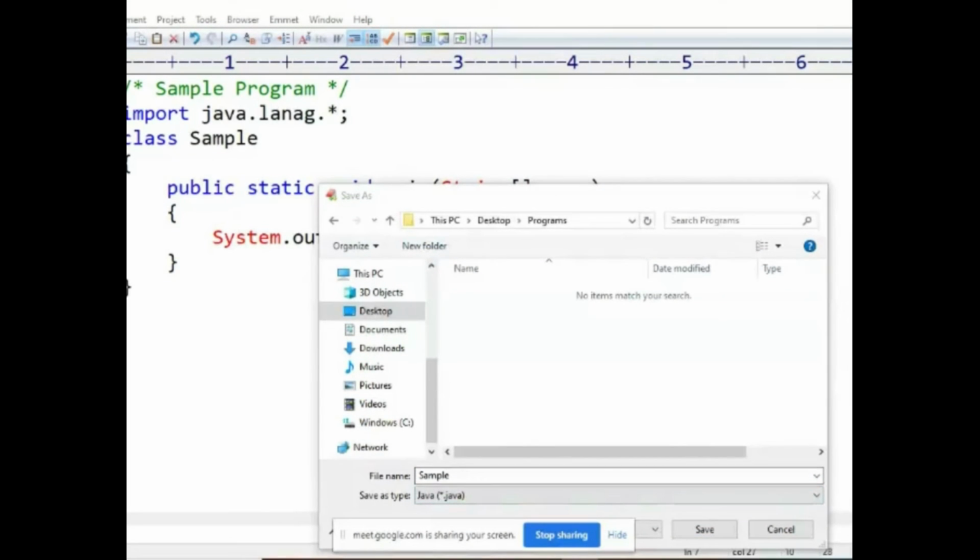The main class name is Sample, so with that name only you have to save. You should not save with different names, and it should always begin with a capital letter. So I should save it as Sample.java. The .java extension it will take by default.